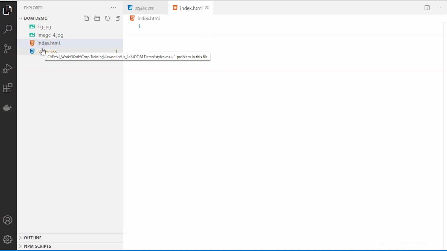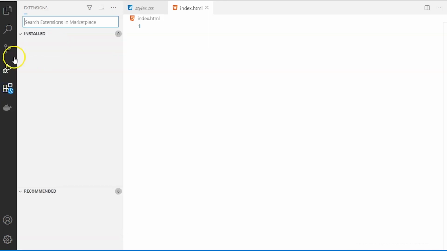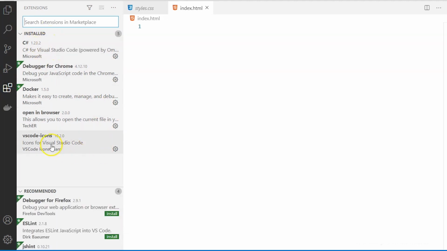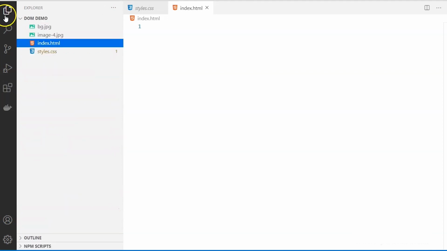You might not have that by default, so if you want, you can go ahead with these extensions. This is the one that I've already included, VS Code icons. If you want to have those logos so that you have a clear picture of what you're creating, you will be able to do it.